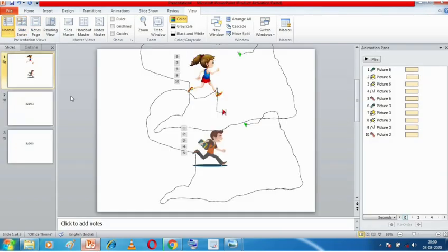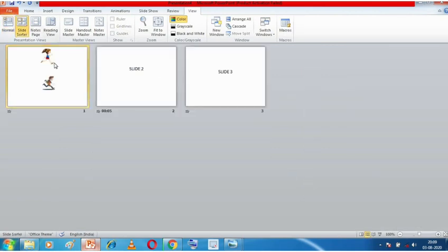In the normal view, you can see a main slide and the smaller thumbnails of all the slides. But in the slide sorter view, you can see slightly bigger thumbnails of your slides in this manner. If there were a fourth slide, it would be shown over here, then the fifth, sixth, seventh, and so on. So this is our slide sorter view.